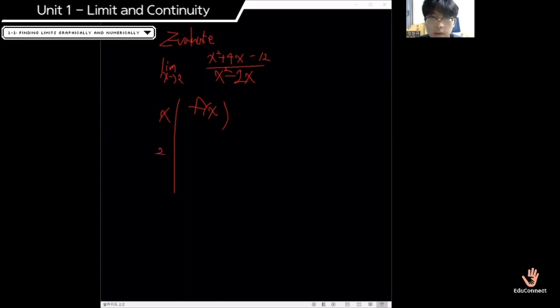And once again, we're going to pick 3 values that are right above 2 and 3 values that are a little bit less than 2. Here we go: 1.9, 1.99, 1.999. And for the values that are a little bit bigger than 2: 2.001, 2.01, 2.1. So when we plug these values into our function, we get